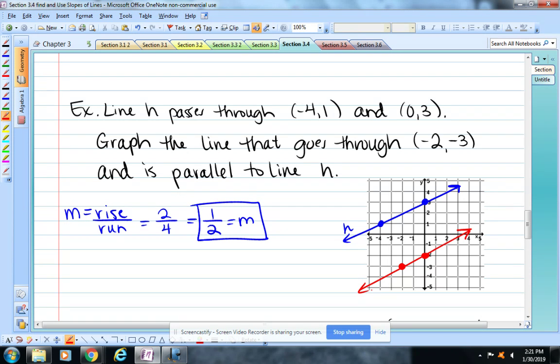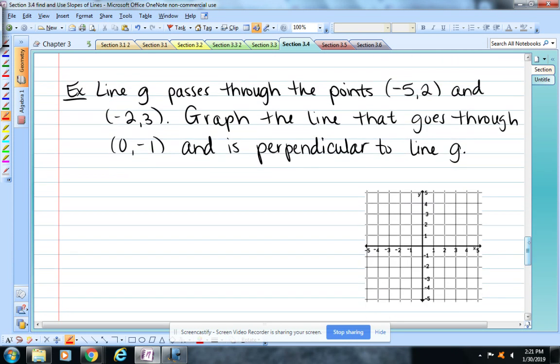Now we're going to do some that are perpendicular to a line. Let everybody get this done. You good? All right. So the same kind of thing here. They're going to give us the points for a line, and we want to graph a line this time that goes through a certain point and is perpendicular to that line. Okay? So